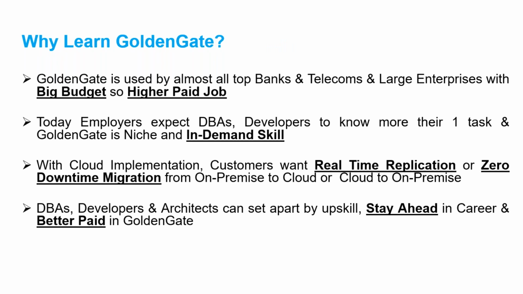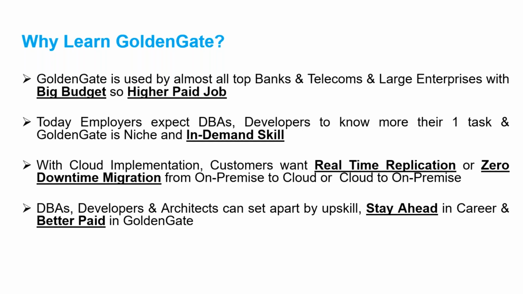Another thing I'll tell you about: these are the technical reasons, and along with that, I'll talk about financial reasons as well. A lot of organizations sign an end user license agreement with Oracle. An end user license agreement means that, based on the agreement, they can use Oracle. Oracle Goldengate is a licensed product, so if you buy a separate license, it costs a hell of a lot of money. When you add it in the end user license agreement, you are free to use it based on the terms and conditions. So it becomes cheaper, and you are many times eligible to use Goldengate on multiple